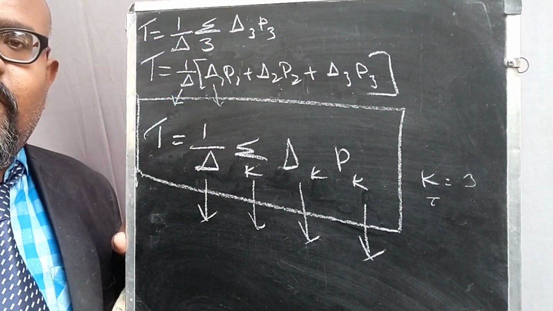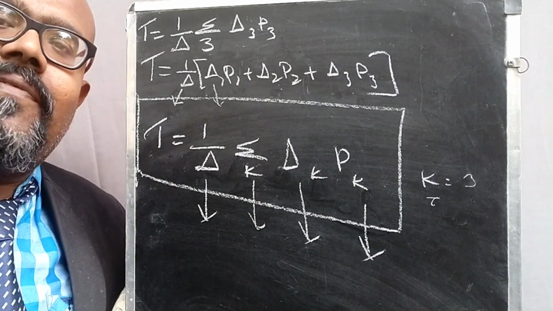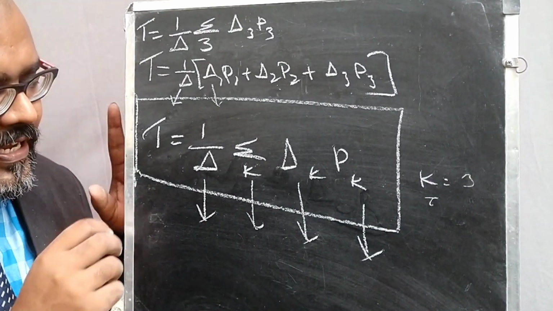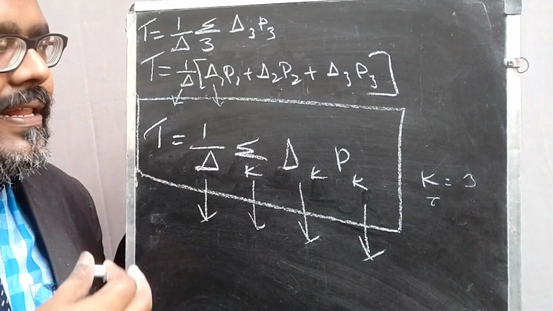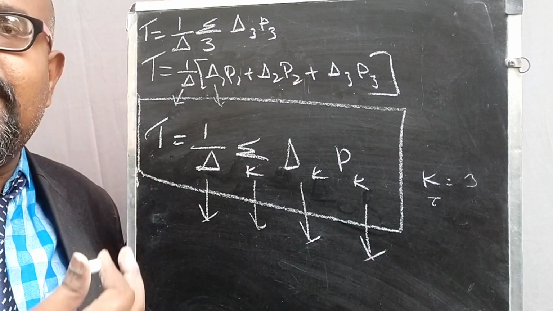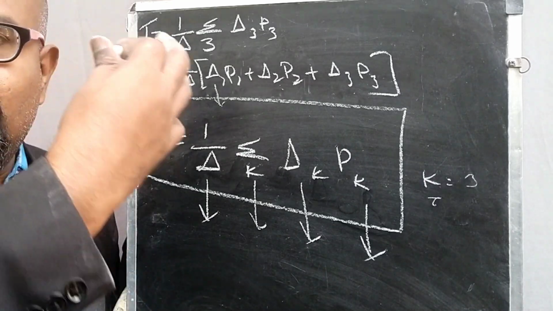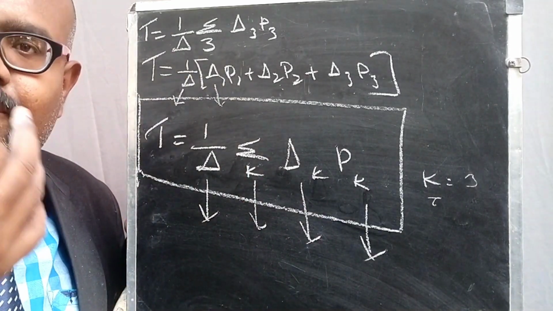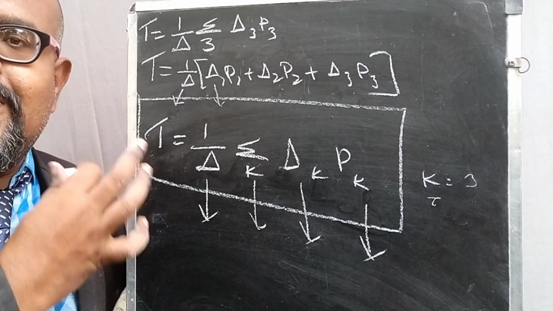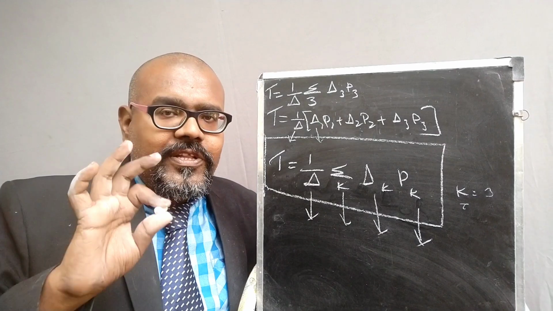Then it is very comfortable for you to determine the transfer function, with no need of applying any block diagram reduction rule. So this is the easy way to calculate the transfer function, and it has many advantages. The time is reduced and the accuracy is excellent, because the block diagram reduction technique has many disadvantages, which we already discussed. Whether to use the branch point rule or the summing point rule, everyone gets confused. To remove that confusion, we use a simple formula: T equals 1 by del, summation k, del k Pk. So we will hold this topic here for today.